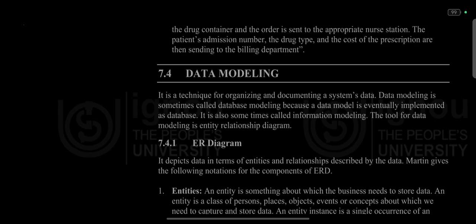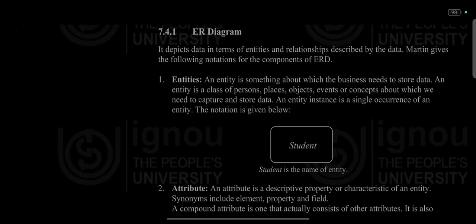7.4.1 ER diagram. It depicts data in terms of entities and relationships described by the data. Martin gives the following notations for the components of ERD. Entities. An entity is something about which the business needs to store data. An entity is a class of persons, places, objects, events, or concepts about which we need to capture and store